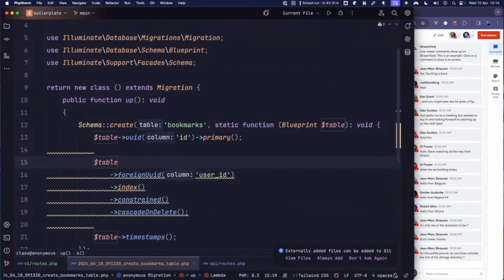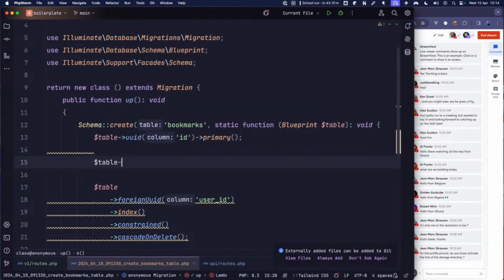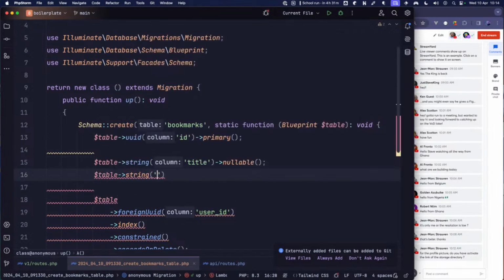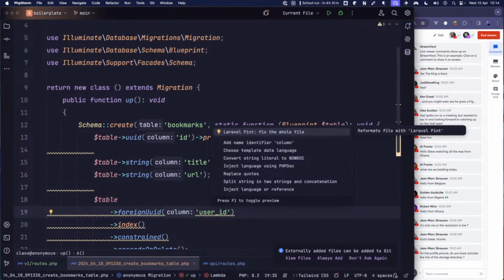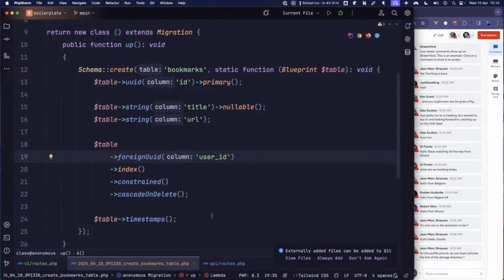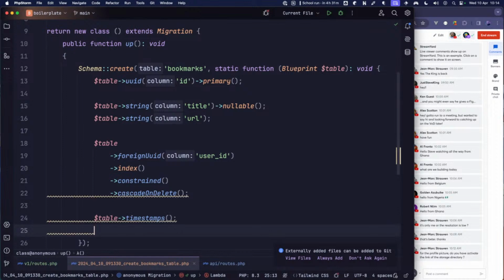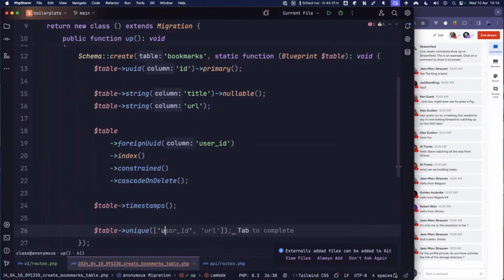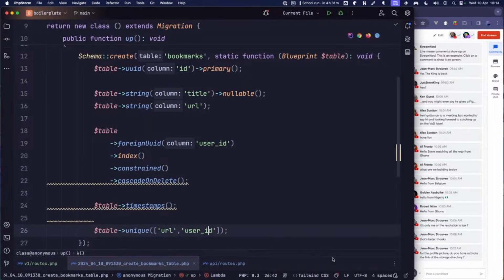A little bit of tidy up. So table, string, we're going to get title, but we're going to make the title nullable. Then we're going to say table, string, and the URL. Fix all of that. And what we want on here is table, we want to uniquely bind where the URL and the user ID is added. So the same user can't add the same bookmark